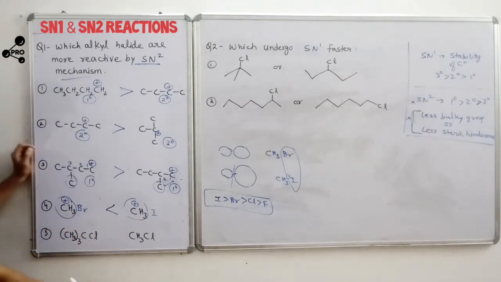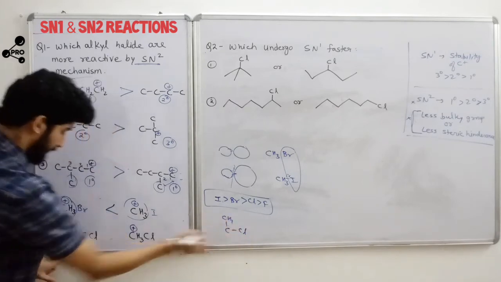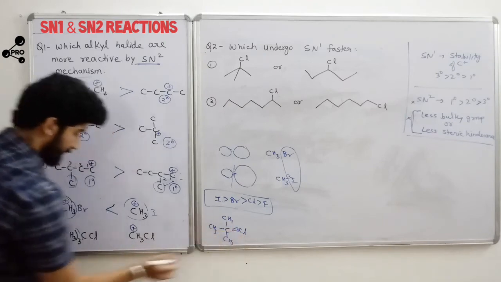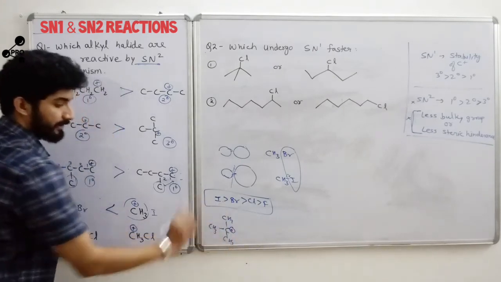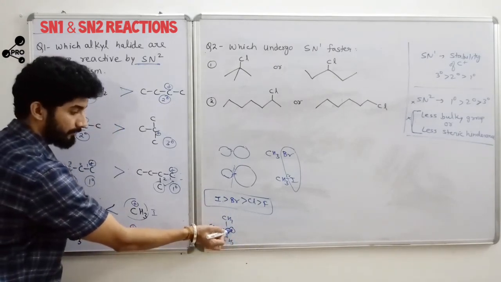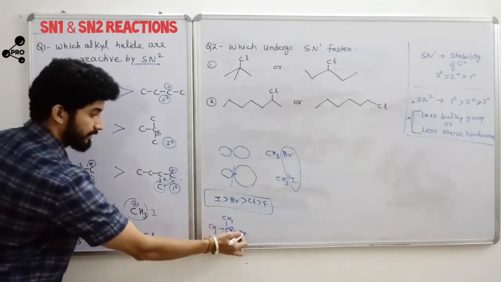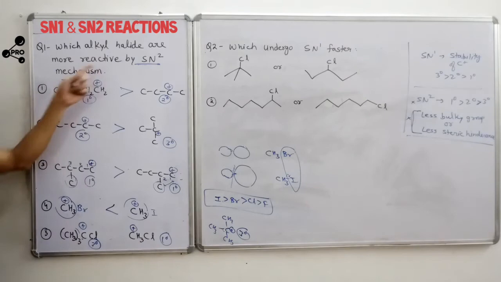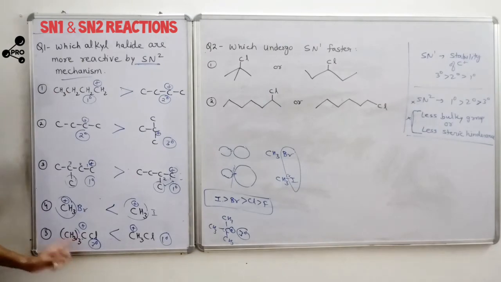In the last case, if we draw the structure, we get C-Cl with 3 CH3 groups attached. Definitely this is a 3 degree carbocation. If chlorine is removed from this part, the carbon will carry the positive charge and form the carbocation, and the carbon containing the positive charge is directly attached to 3 carbons. Therefore it is a 3 degree carbocation, and the other is a 1 degree carbocation. If we talk about the SN2 mechanism, the 1 degree one is more favorable, so it is more reactive than the 3 degree one.